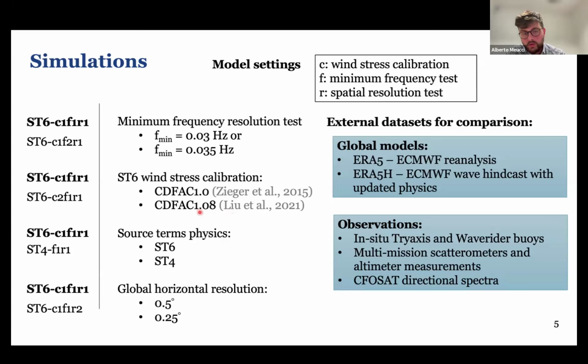In 2021 was for the hindcast, the ERA 5 hindcast, run very similar to this one with a drag coefficient factor of 1.08. And then we also had a look briefly at ST4, which I won't show here for a matter of time, and also at the impact of resolution, and compare ultimately with ERA 5 and ERA 5 hindcast waves, and some in situ buoys and some remote sensing